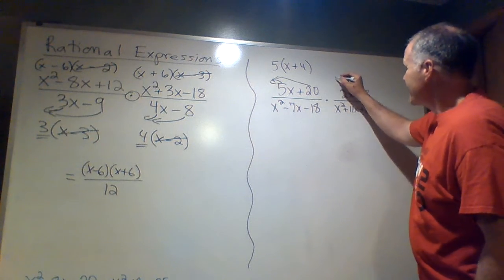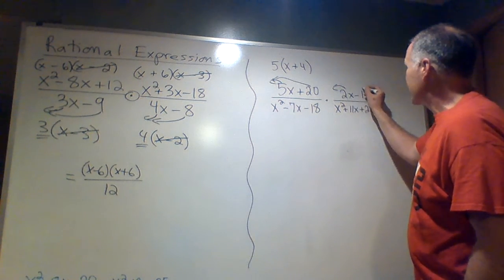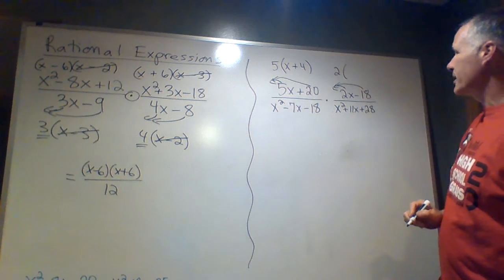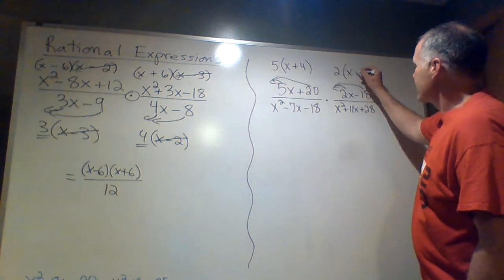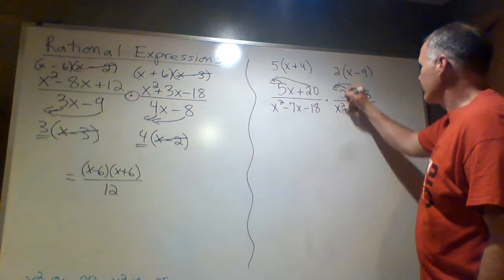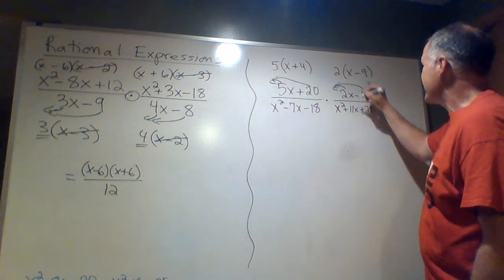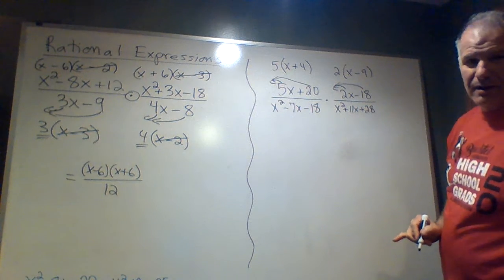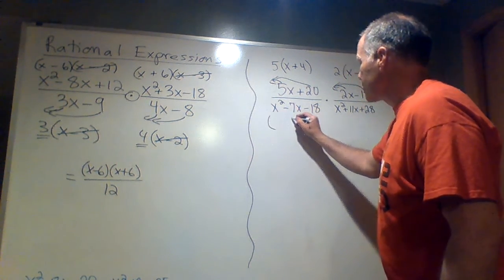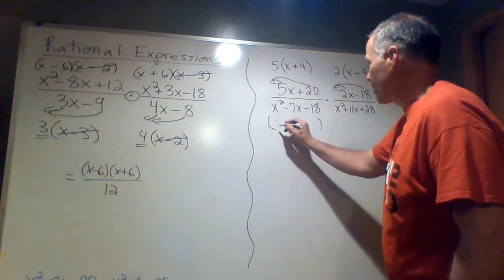2x minus 18, okay, I can take out again, because that's just a binomial, take out what they have in common. Obviously, they both have a 2 in common. X minus 9. So 2 away from 2x leaves the x. 2 out of 18 leaves a 9. Okay, everybody see that? Now, again, these bottom ones are the trinomials, so we're going to factor those into the